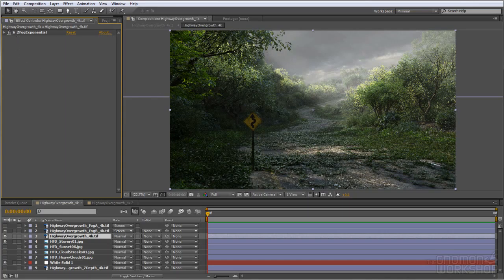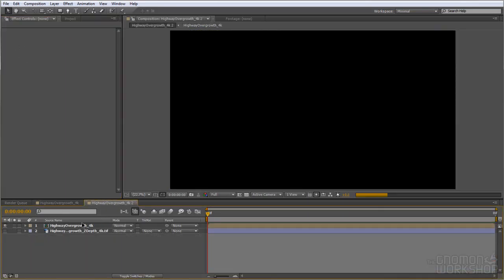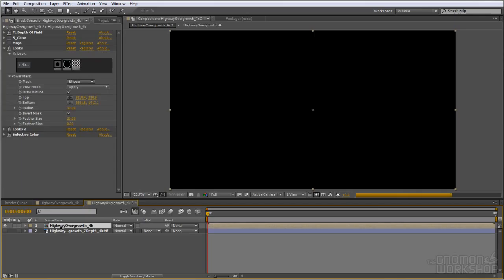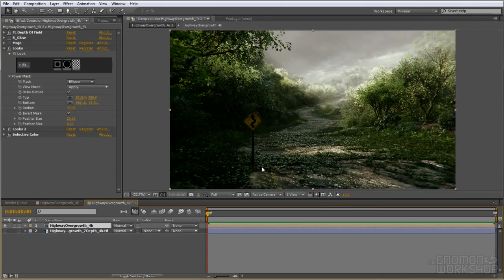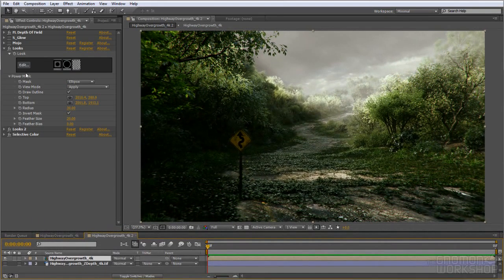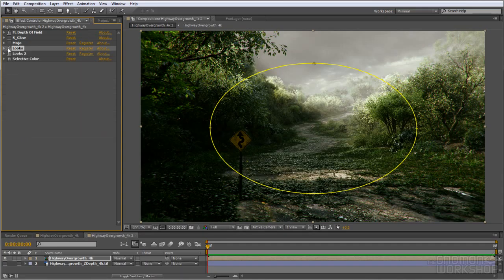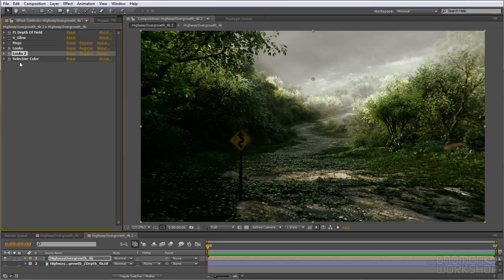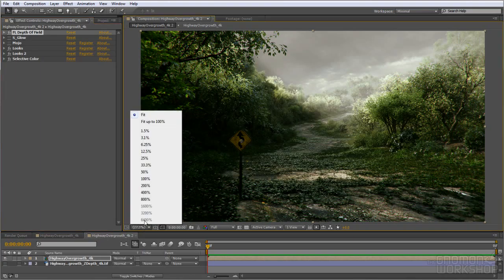And then I took this composition and flattened it into its own comp. And then in this comp is where I did my final look. Meaning adding depth of field and chromatic aberration and color correction, and then just making things a little more yellow. So if we zoom inside here,